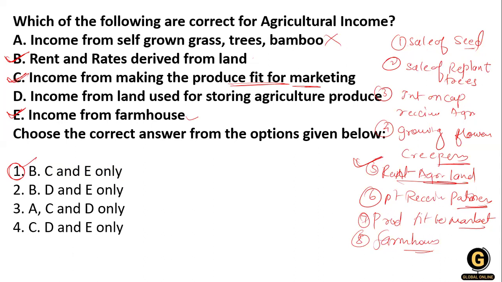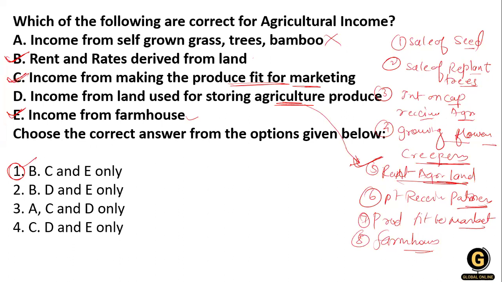That is sales from the seeds, sales from the replant trees, interest on the capital received from agriculture, and growing flowers, creepers, rent from the agriculture land. This is included. But if you are storing the agriculture product and gaining income from it, this is not agriculture income. We get confused many times between these two concepts. So rent from the agriculture land is an agriculture income. If we are earning from using storage of the agriculture product,